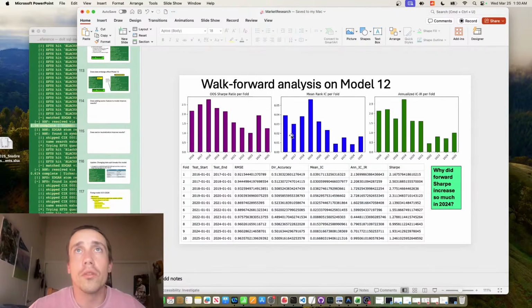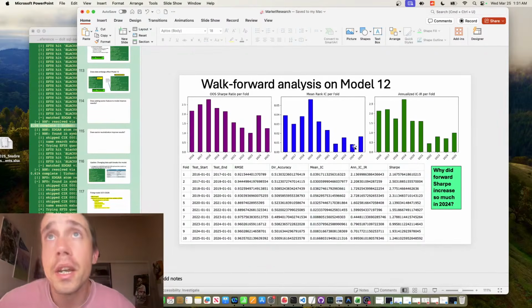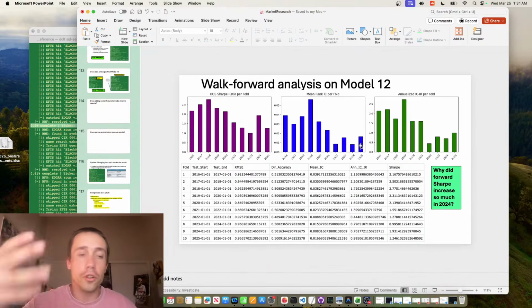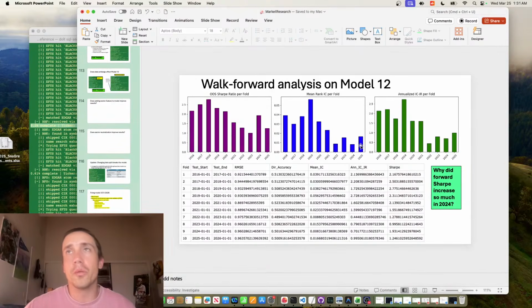And so this was getting a really good information coefficient, well above my threshold, every year until 2021. After that, it degraded, and it got below 0.01 in 2022. It got a little bit above 0.01 in 23, back below in 24, and back above again in 25. And so this shows that basically the model would have been doing really well, but it kind of fell off in later years.